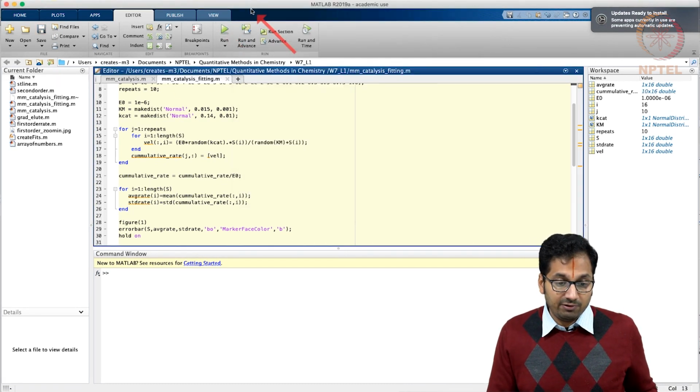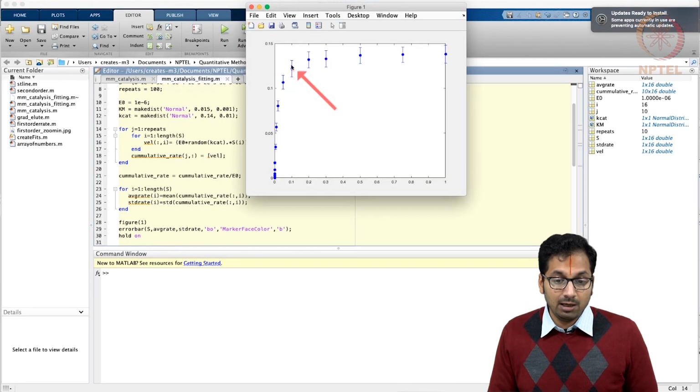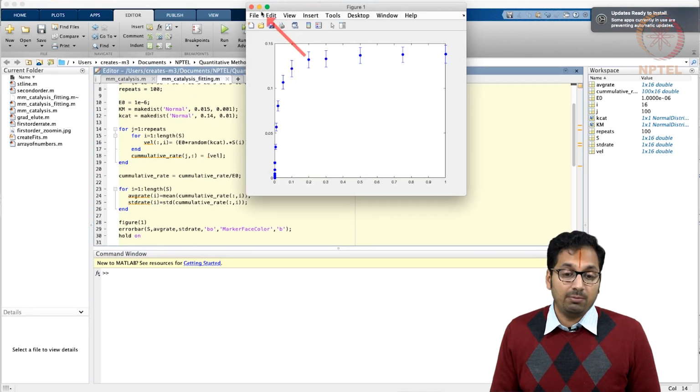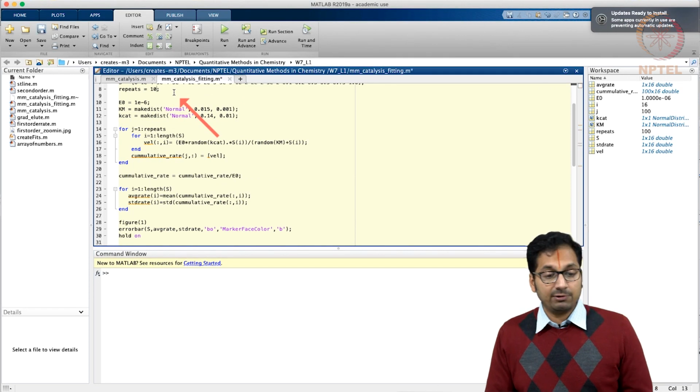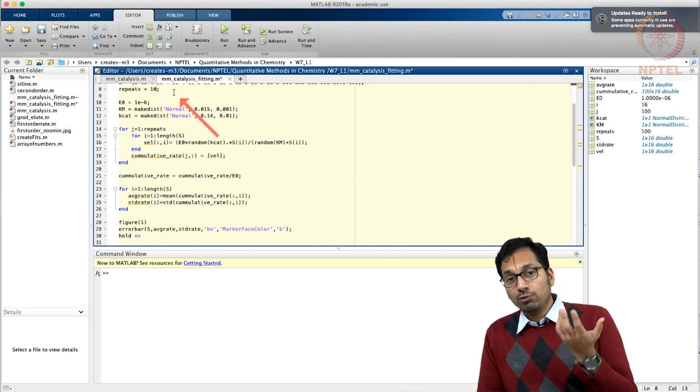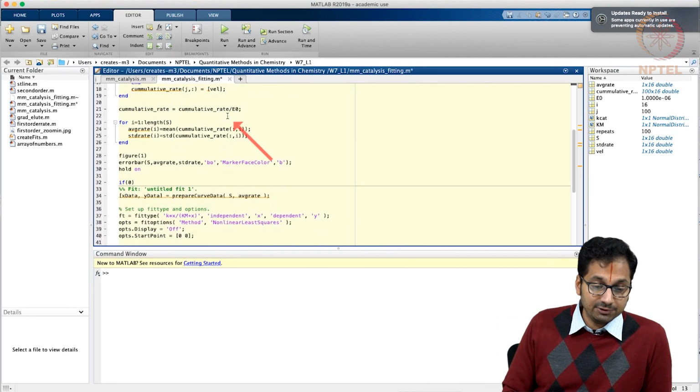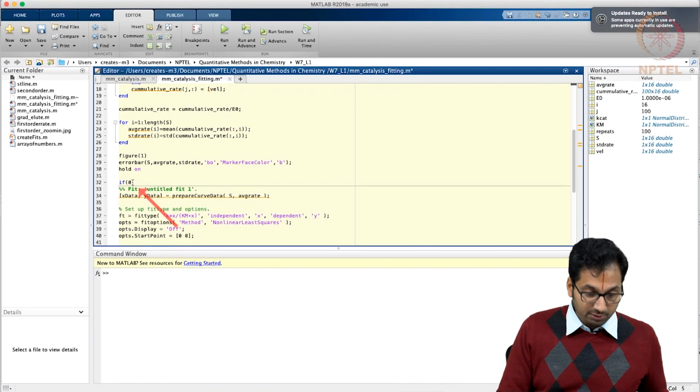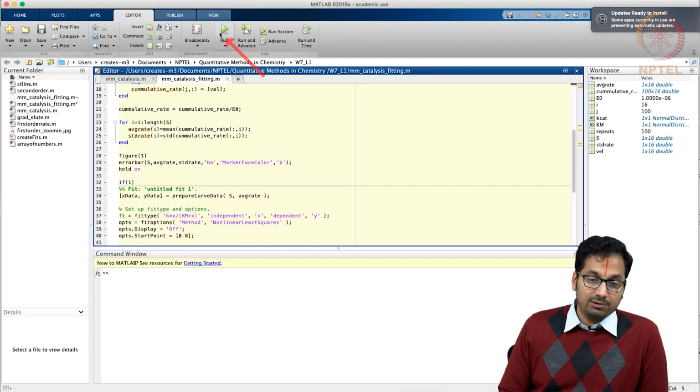As you increase the number of repeats, the error bar will look very reasonable across all the points that we get. And remember, once again, we are simulating here. In reality, you would be performing the experiments to get the error values. Okay, now that we have seen this, why don't we see how the fit also works out.